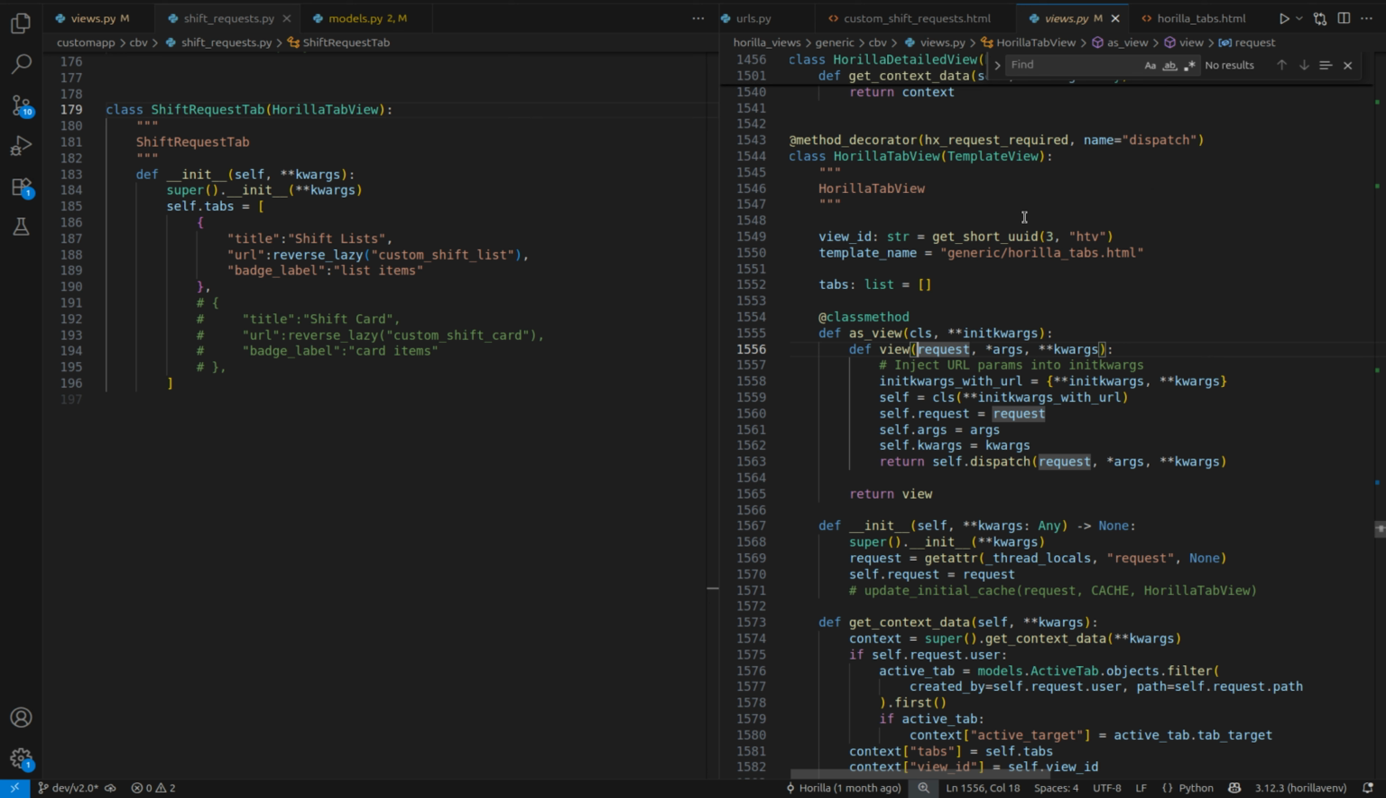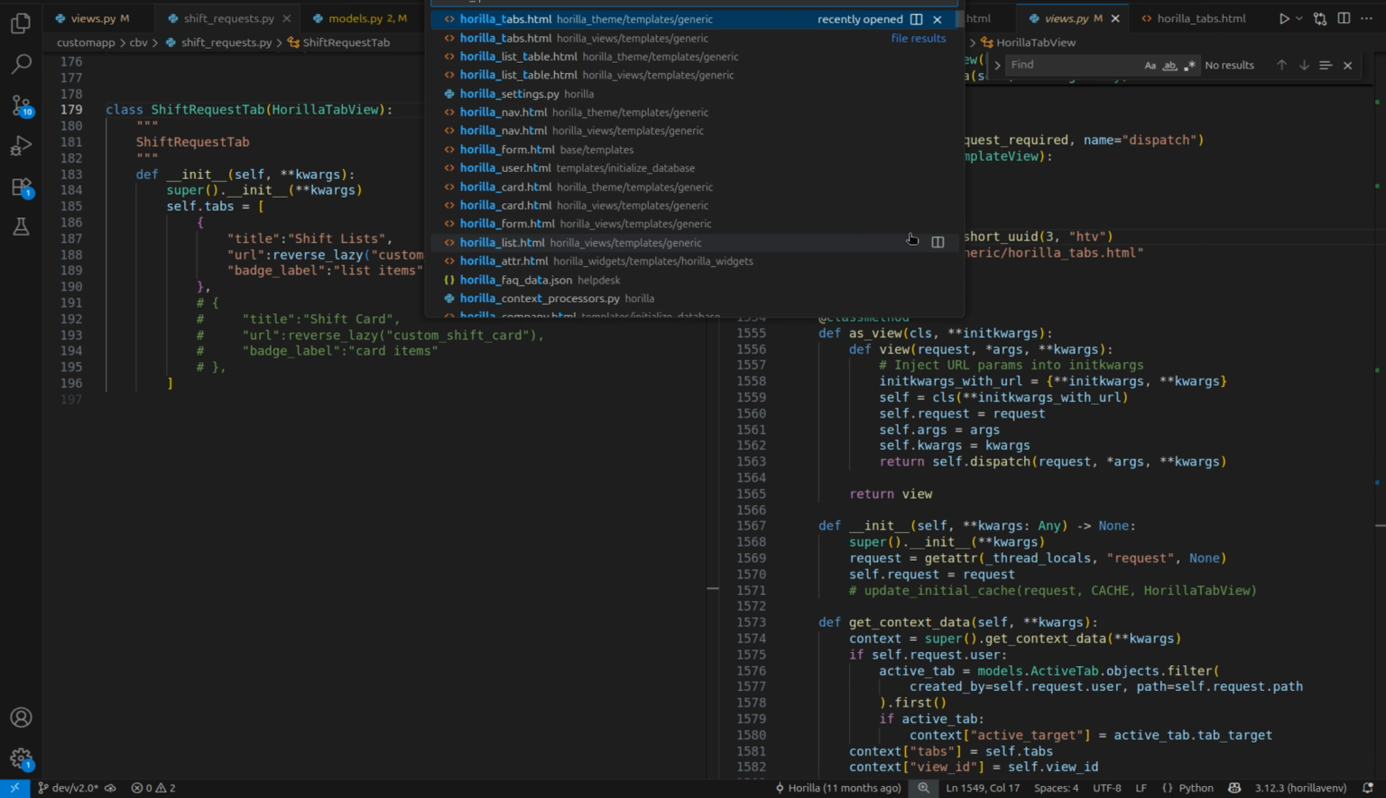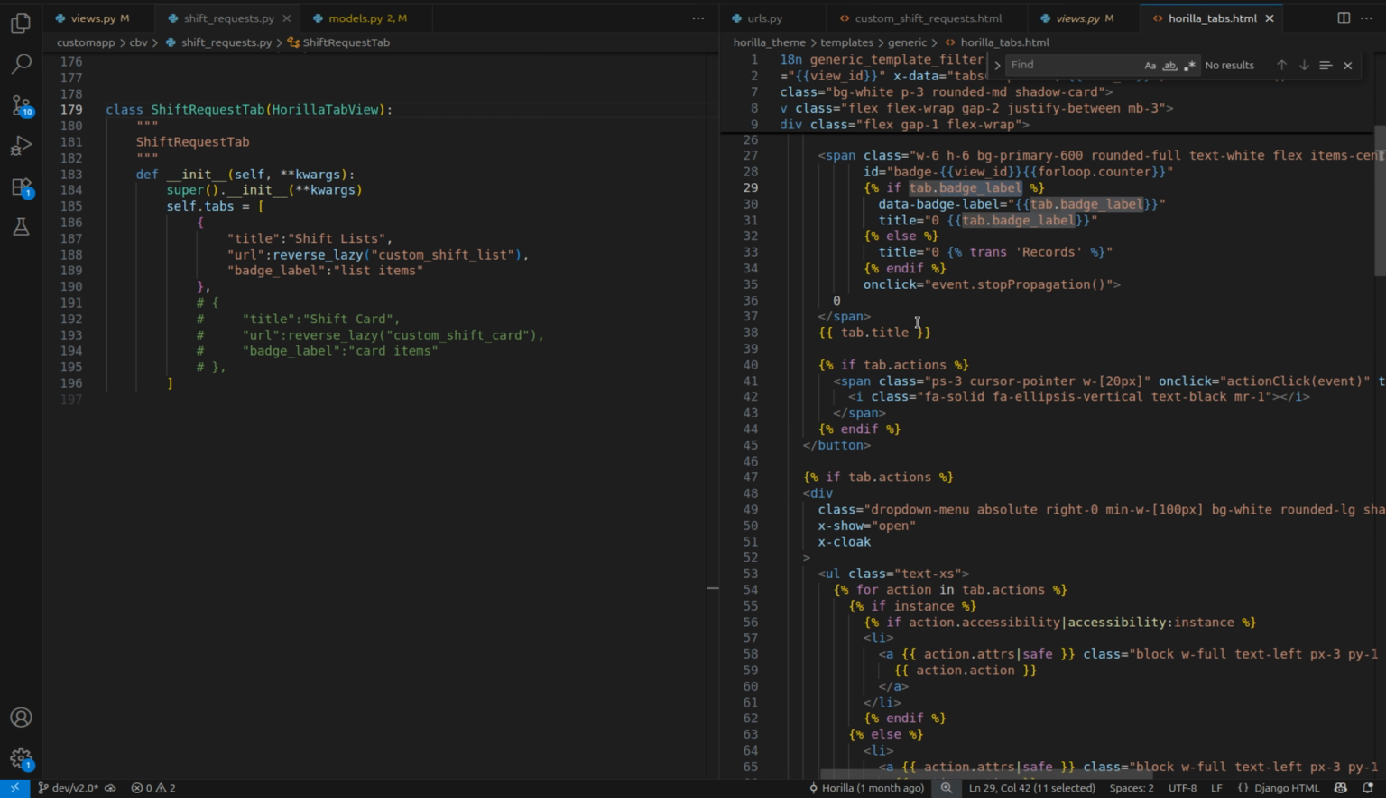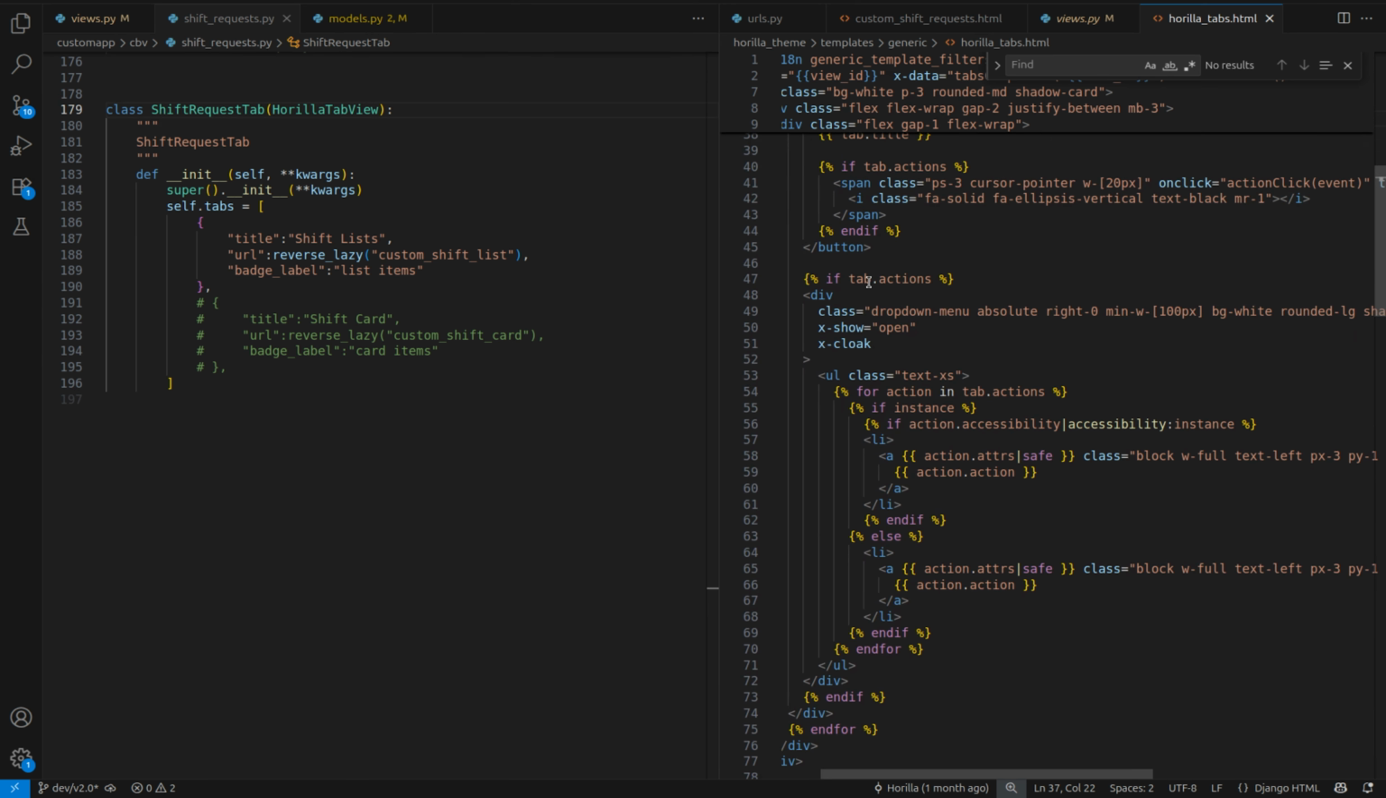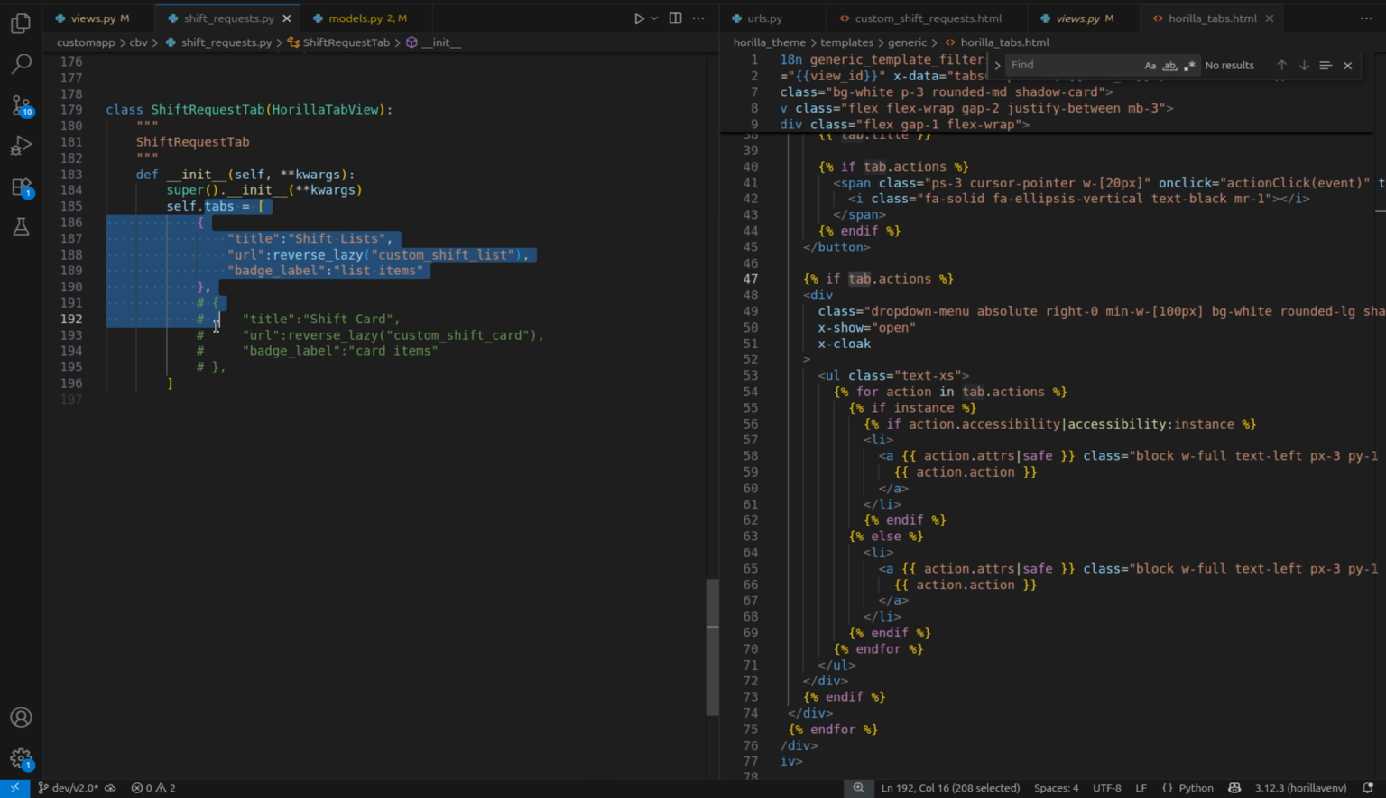Here you can see I'm currently in VS Code. Let's take the template for the Horilla tab, that tab inside the theme. Here you can see tab actions. Basically, the tabs are the items here, so each item will be a tab. Inside that we are accessing the actions, so the key must be actions,